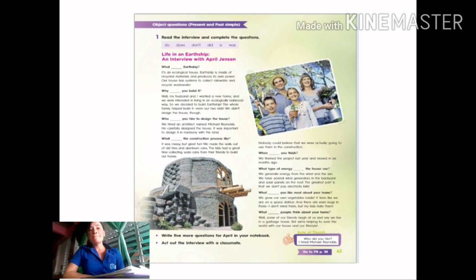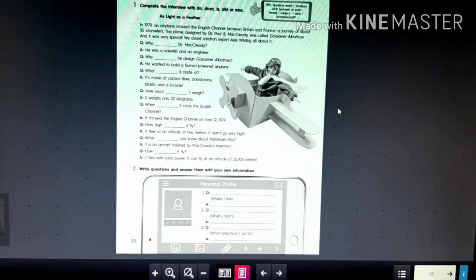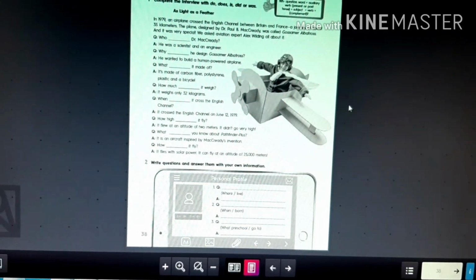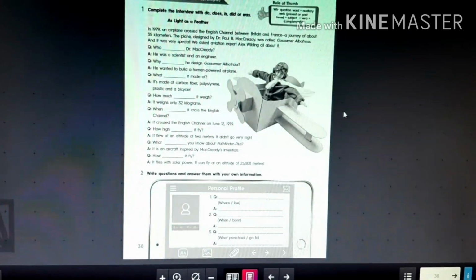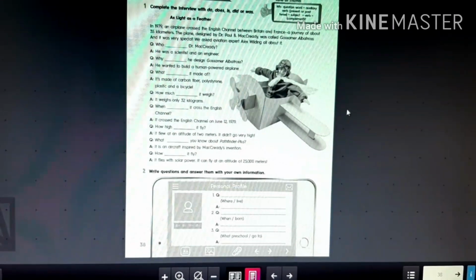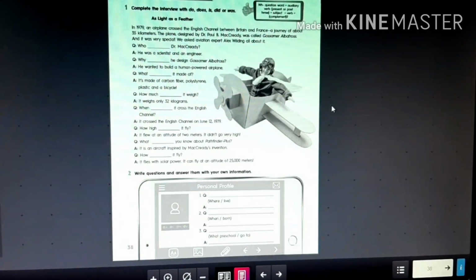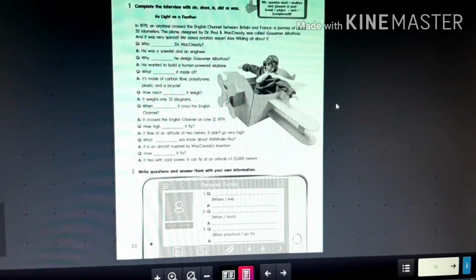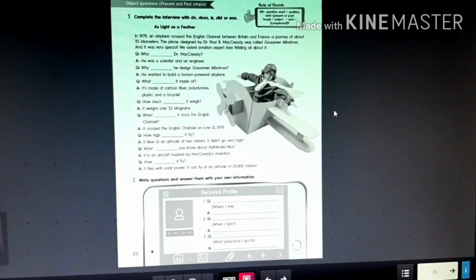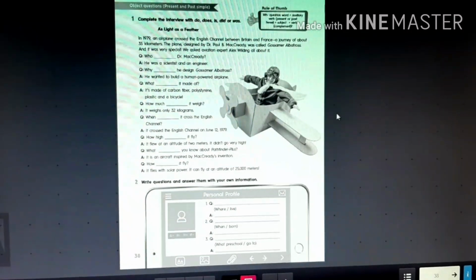Let's continue with the practice book. Well, we are going to continue with our practice book, page number 38. I'm going to repeat again. Practice book, page number 38. I'm going to give you some seconds so you can take out your practice book, and we are going to start with the first activity for this page. Les voy a dar unos segunditos para que preparen su practice book.